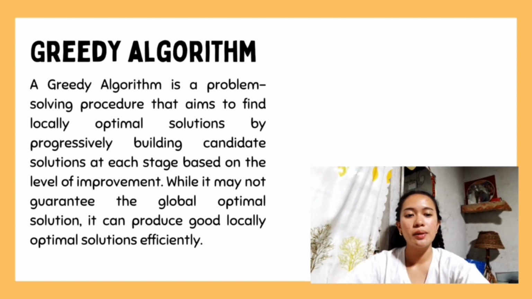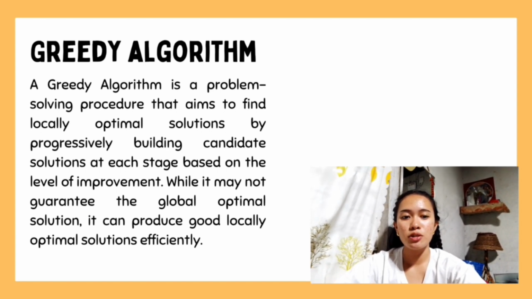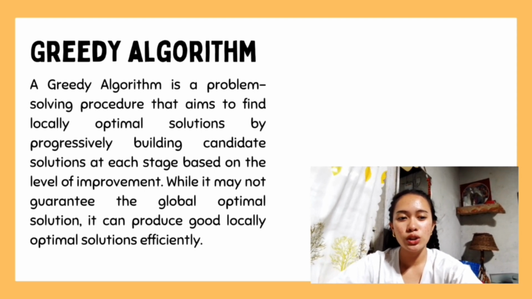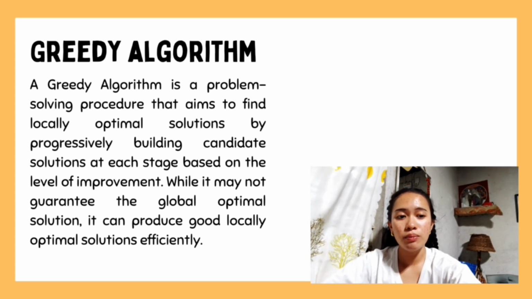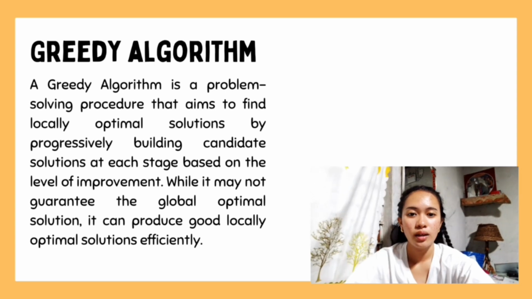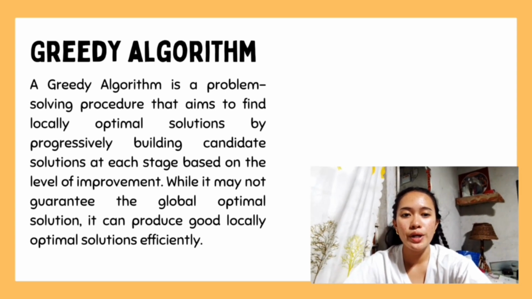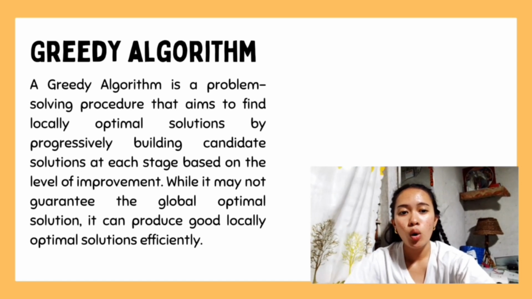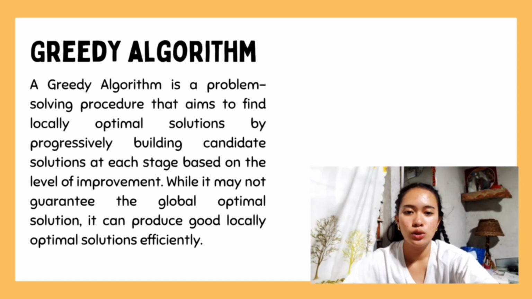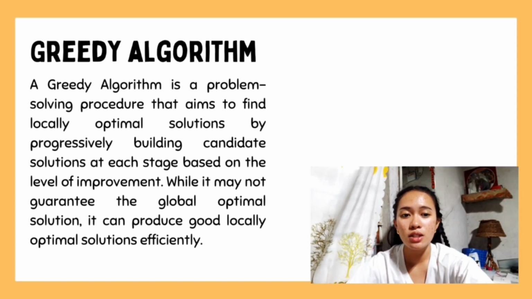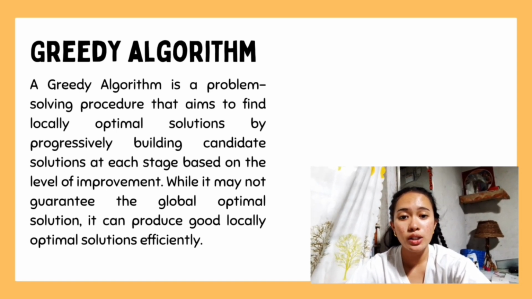A greedy algorithm is a problem-solving procedure that aims to find a locally optimal solution by progressively building candidate solutions at each stage based on the level of improvement. While it may not guarantee the global optimal solution, it works by taking the best immediate option at each step, hoping it leads to the best overall solution. It doesn't always guarantee the most optimal solution globally, but it's efficient and often works well for many